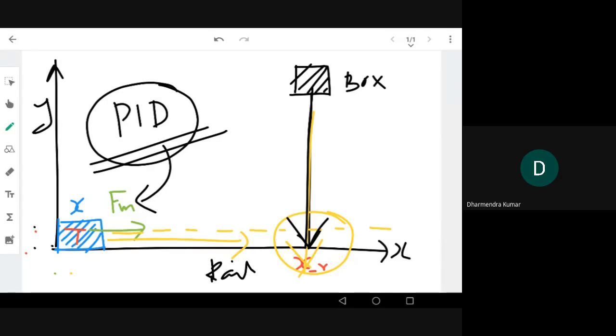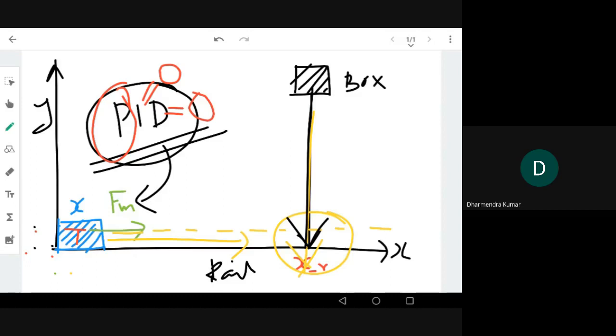Then you can have a feel for what will happen. But if you use only P, your thing is not going to work perfectly. What is the meaning of only P? That means D is going to zero, and the integral constant is also going to be zero, and you can see whether it is working or not. And then without P you can try with only I, and without P and I you can try with only D and see what you experience. Are you able to catch the box or not, etc.